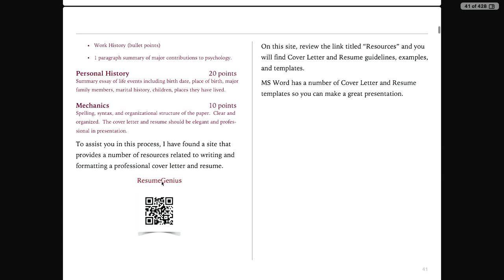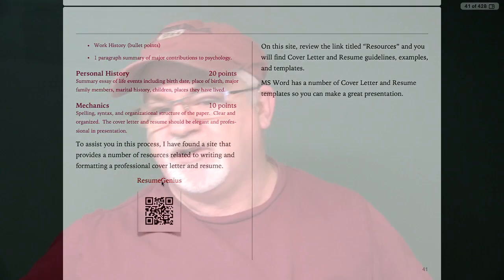There's a resume tool. Now, whenever you're submitting an assignment in my class, it's important that it's all one document. So the first page in the document, in this example, is the cover letter. The second page starts the resume and so forth. It's all one document, and I grade that one document. Almost every other assignment is going to require a title page as the first page, and then your work starts on the second page. So learn how to do title pages, just look them up.